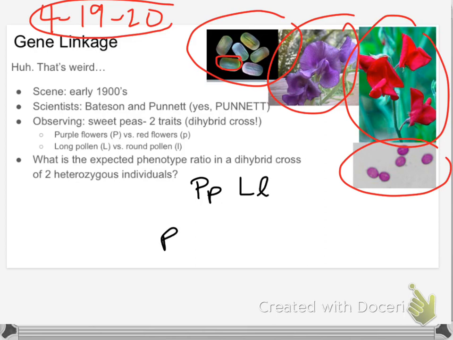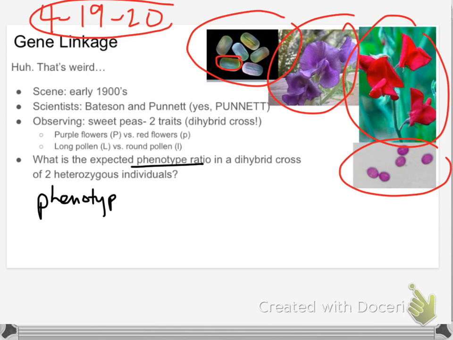And when they manufacture gametes, we expect that we'll see big P, big L, big P, little l, little p, big L, little p, little l. We do the dihybrid Punnett square. What do we get for a ratio? Do you remember? Let me get rid of this. That's the genotype ratio. Good. So I didn't specify, did I? So if we look at the phenotype ratio,